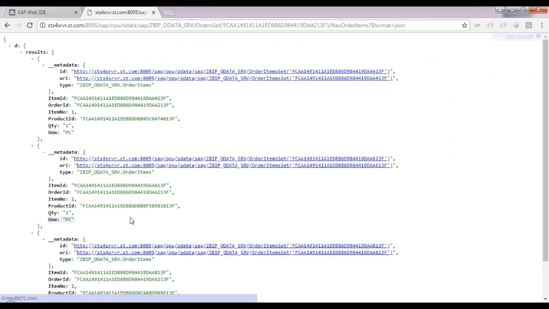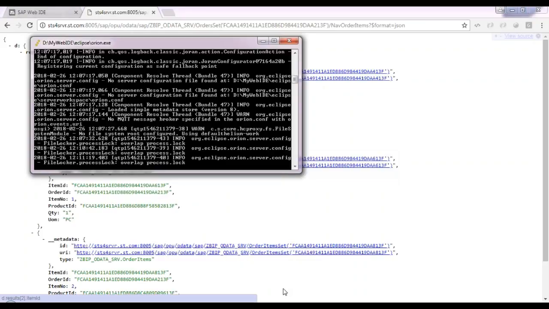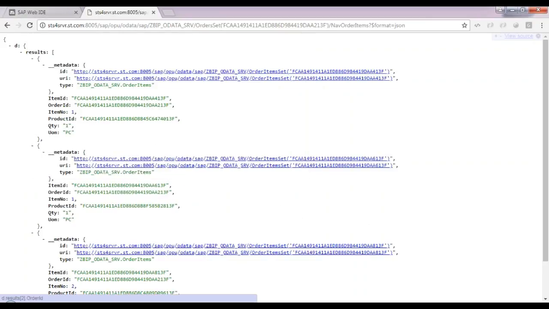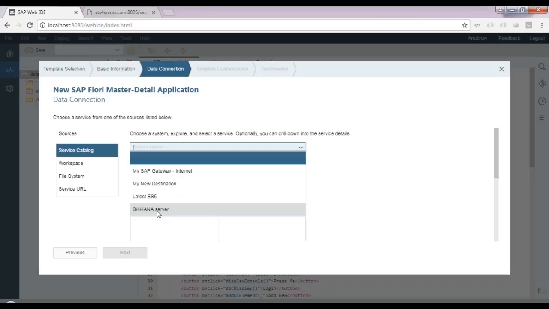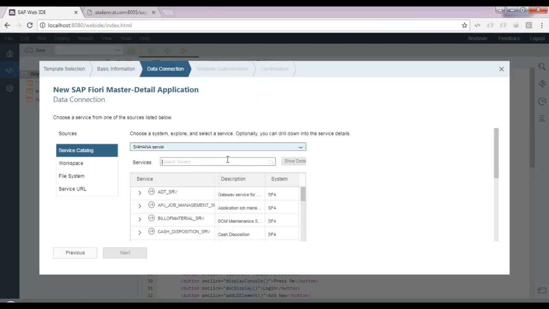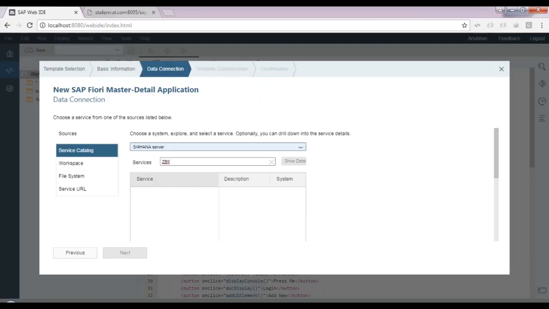So that's the power of association. Now what I'm going to do is I'll just quickly create a Fiori application on top of it. So let's come back to our Web IDE, and now I will choose our OData service using S4 HANA server. So I search for S4 HANA server, and then I say Z best in pizza, and my OData service I